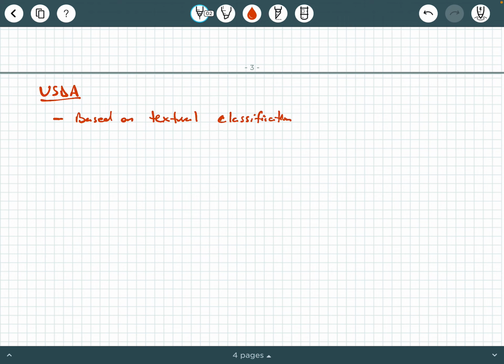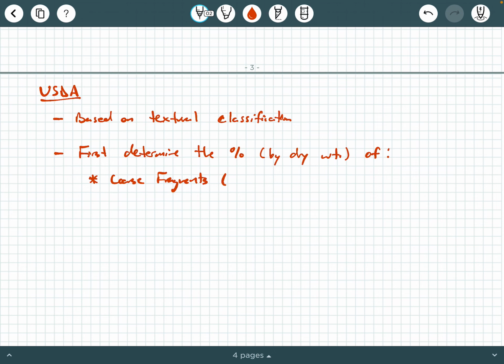Okay. Basically what we do is this. We first determine the percent by dry weight of each of the following: coarse fragments, which are for USDA bigger than 2 millimeters,